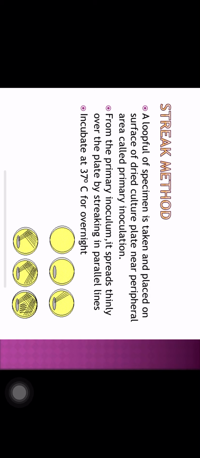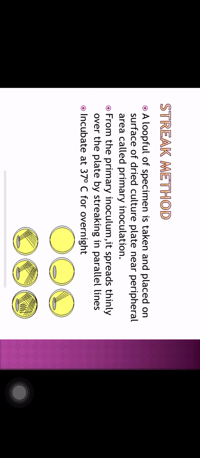In streak culture, we take a petri dish, then we take a loop and we sterilize the loop in the Bunsen burner until red hot, and after it has cooled down a little bit, we put the loop in the liquid broth in which the organism is there, and from there we make a small well on one side of the petri dish. If we are taking from the liquid broth, then we dip the loop there, and if it is from a solid medium, then you just gently touch the loop on the edge of the colony, and take it for subculture purpose.